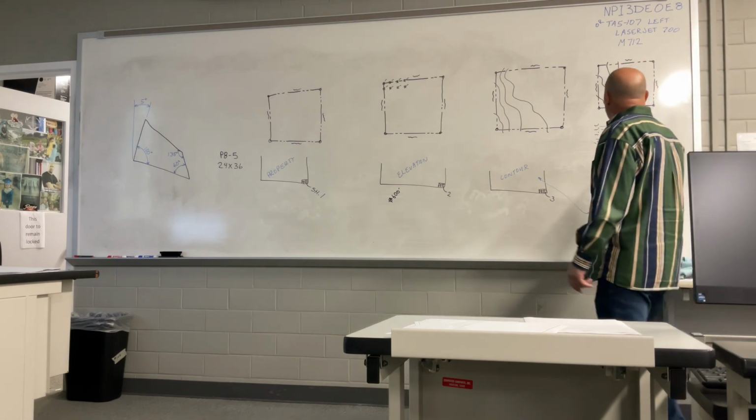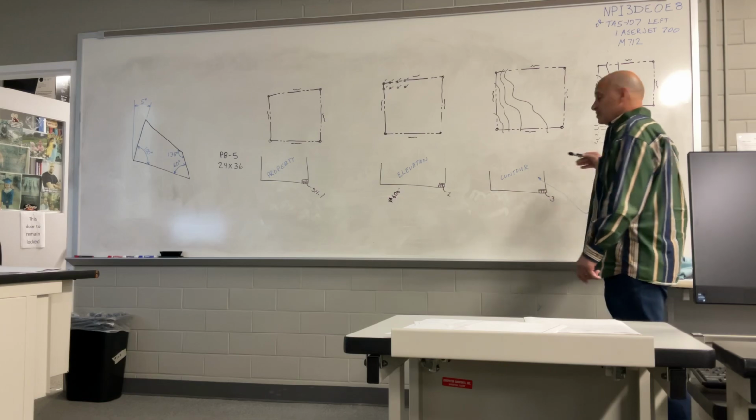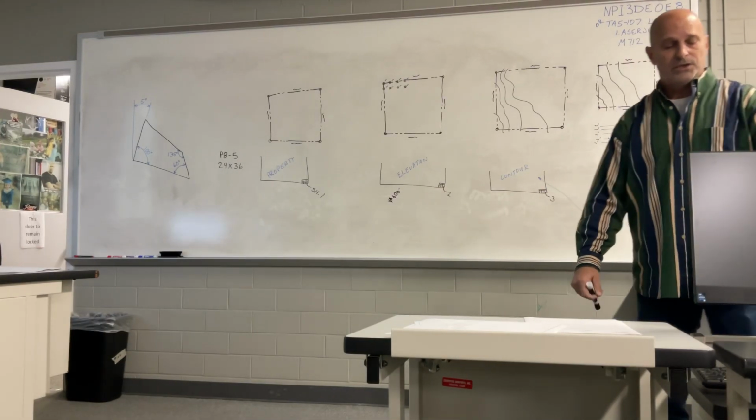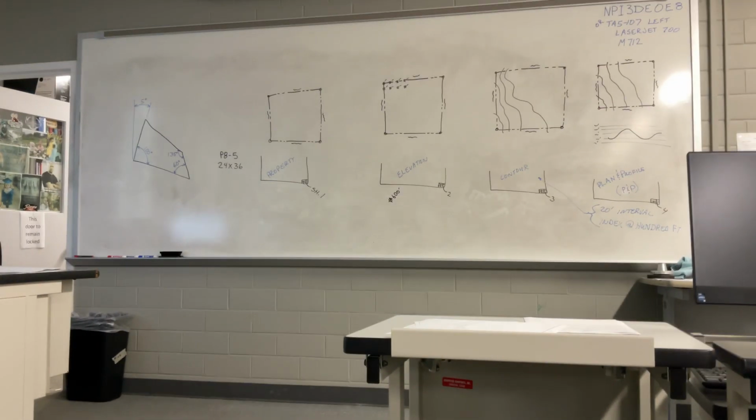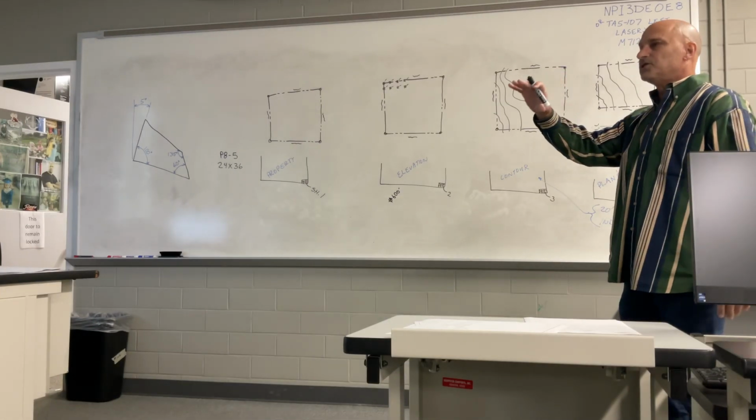Sheet 4, we'll talk a little bit more in depth next week. But sheet 4 is simply something I think they talk about in chapter 8. It is called a plan and profile. I do this on a daily basis on the drawings that I'm working on up there. I'll show a plan view on the top half of the page, which shows our ditch as it flows across there with our stationing,